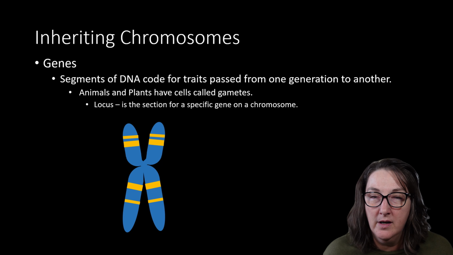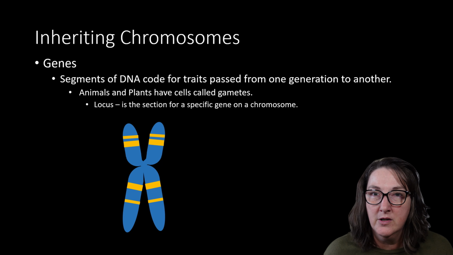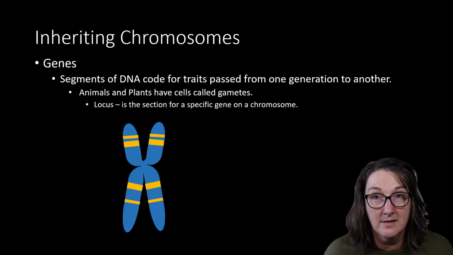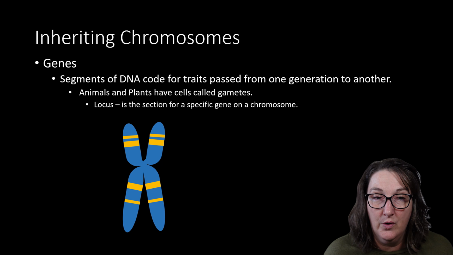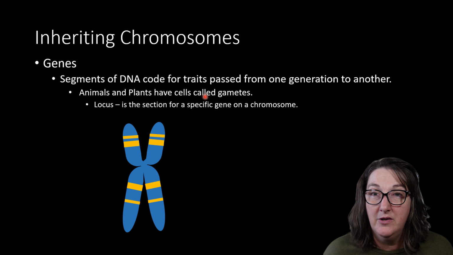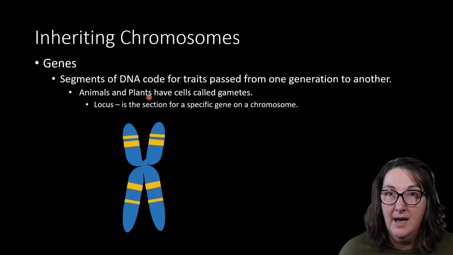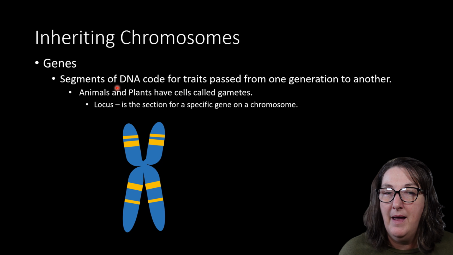So your hair color, your eye color, your skin tone, your height is all determined based on genes of your ancestors from your mom's side or your dad's side. Now we have what are called gametes, and gametes are going to be your sex cells. So that's what's going to carry these genes, and that's going to be egg and sperm. Animals have egg and sperm, and so do plants. And this is going to create a varied type of population due to the mixing and the passing down of